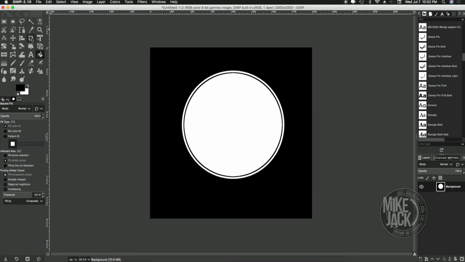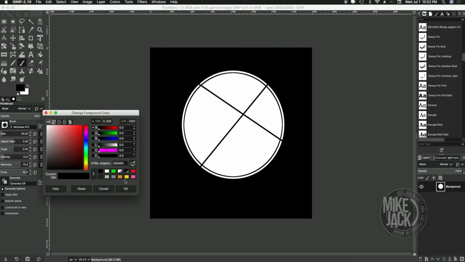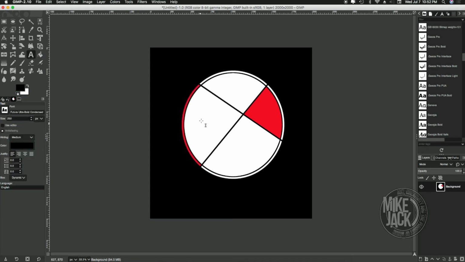And then let's do, I don't know, we'll do a 20 pixel paintbrush either side. We'll just make it a little bit larger on each side, or offset. And then let's do the red now. The red would be this square here, and let's say this outline here, and then we'll do one more thing and just put like